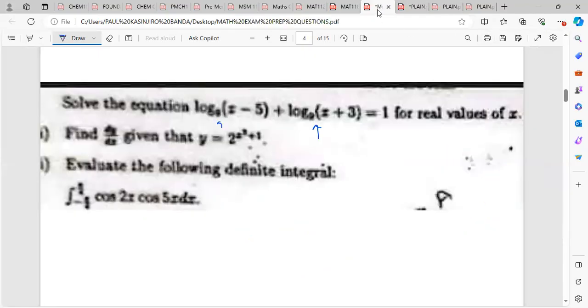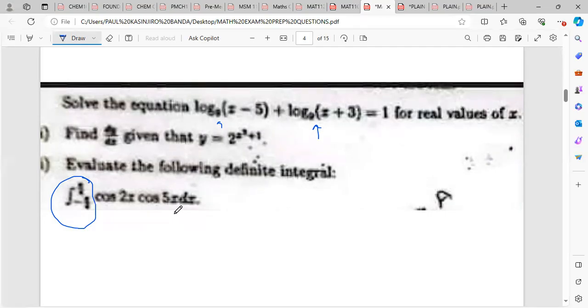So let's move. Okay, so there we have evaluate the indefinite integral. Whoever sent this question, I don't know, so I'm not seeing the numbers that are there. But I'm seeing we have a cos 2x, cos 5x there. So I'll just tell you how to integrate this, but I don't know the values there, so I can't replace them into the equation. So to solve this, they usually use the method for